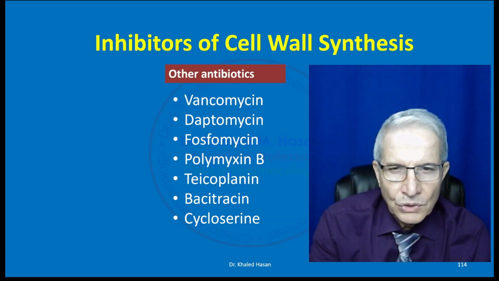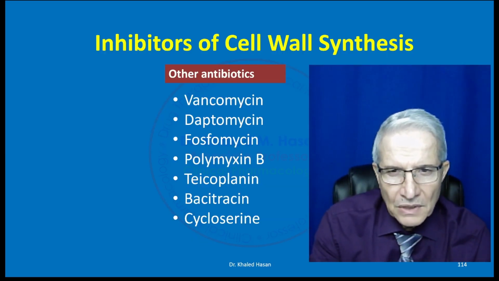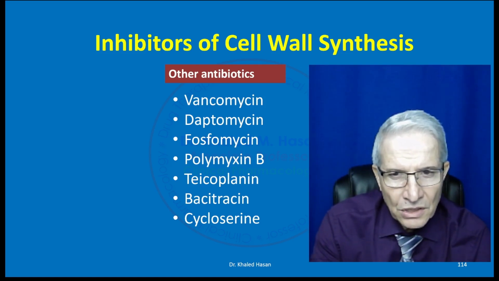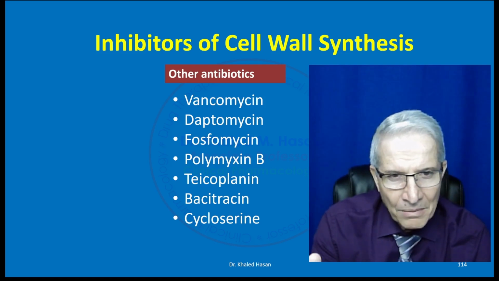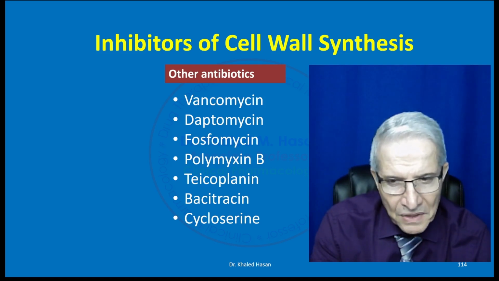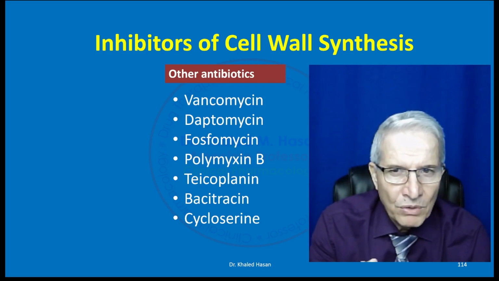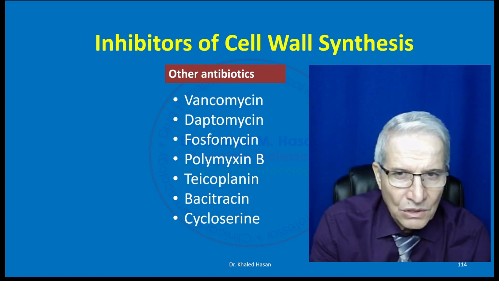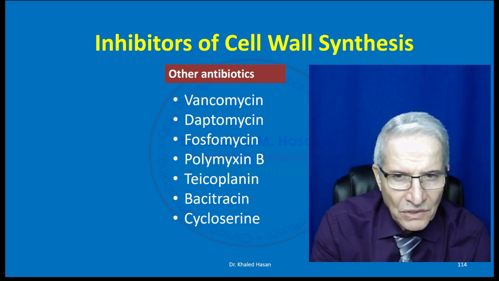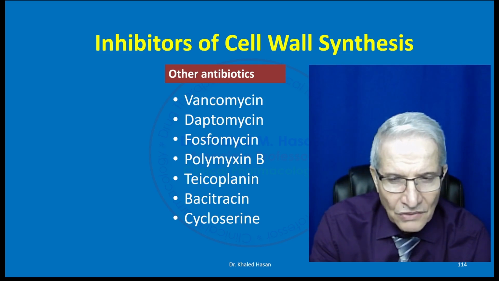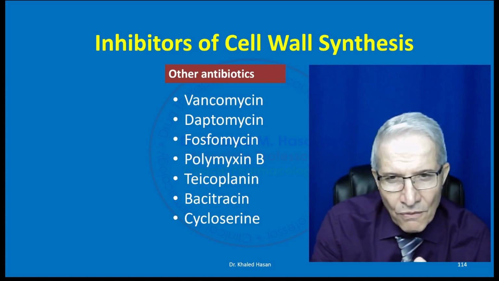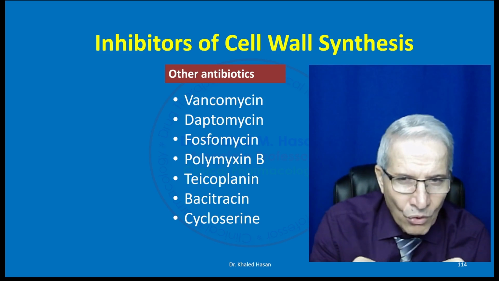Hello everyone. We continue our discussion about antibacterials, and this is the last section regarding the inhibitors of cell wall synthesis. We already covered the beta-lactam antibiotics, starting from penicillin, cephalosporin, carbapenem, monobactam. Then we move to the other antibiotics. Here we have vancomycin, daptomycin, fosfomycin, polymyxin, bacitracin, cycloserine. So we are going to discuss some of these antibiotics in more detail a little bit,